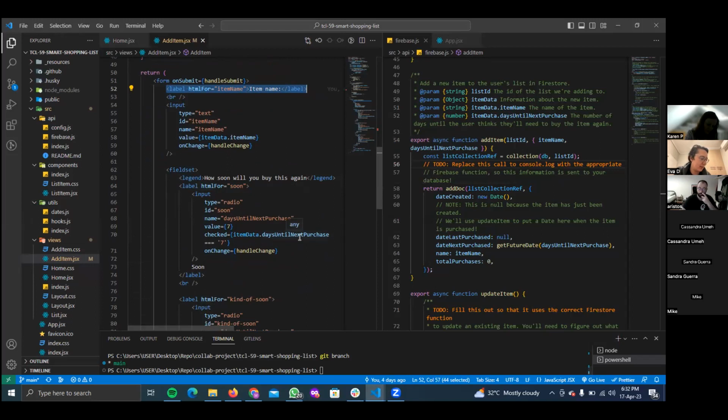So yeah, those are 2 main functions of a label. When we do inputs, it's always important to associate them with a label, like we did here with the HTML for item name and then the ID in the input. Yes, so we connect the inputs using the ID and then the HTML for. They have to be the same names, the same identity.